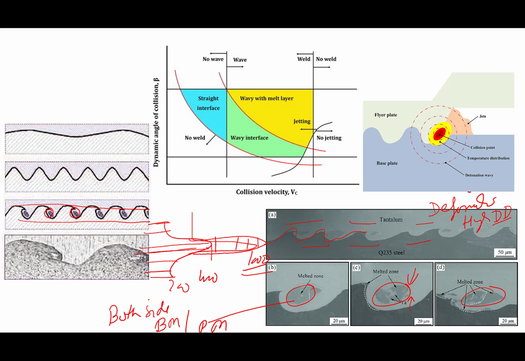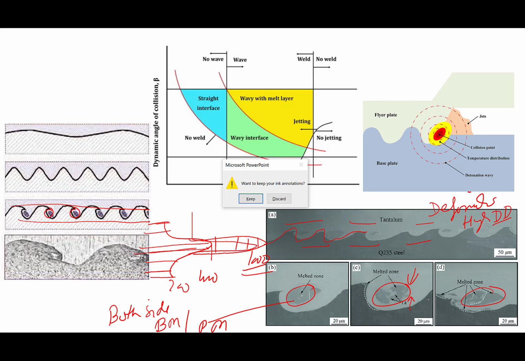Like you take the example of nickel and copper. If you use them, then whatever is being formed at the interface is completely soluble in each other, and it may not be problematic also. So that was about the joint interface, the typical features, and the kind of characteristics that will result in the presence of these different features.